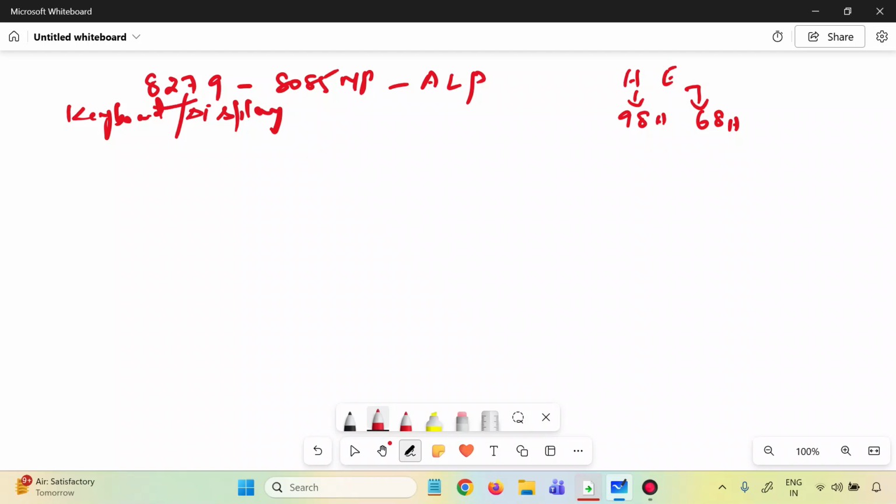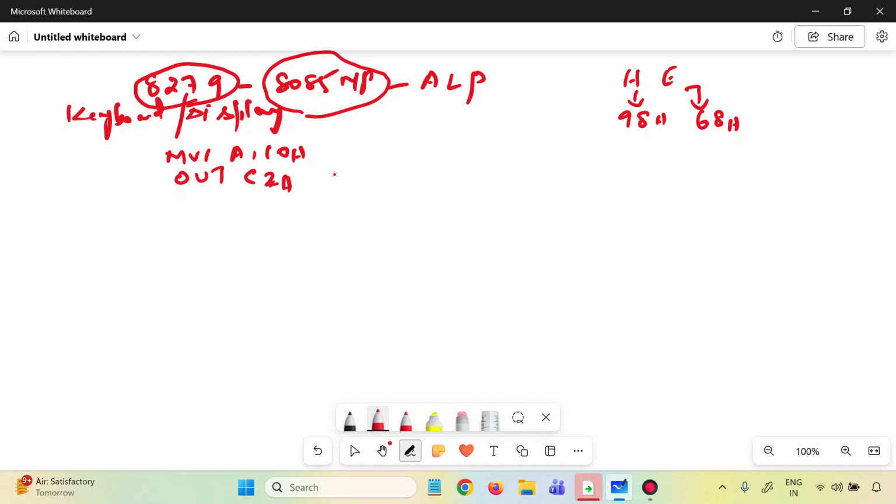Now let's see how to start. We have to initialize this IC, the 8279, first, and only then will it accept the character and display it properly. The master is the 8085 microprocessor, and the keyboard and display control is taken care of by 8279. So first I want to initialize this IC. I have some control words. MVI A, 10: move the immediate value 10 to the accumulator, and then I have to OUT that to the port address so that it goes out for your 8279 initialization. MVI A, 10 is for display mode.